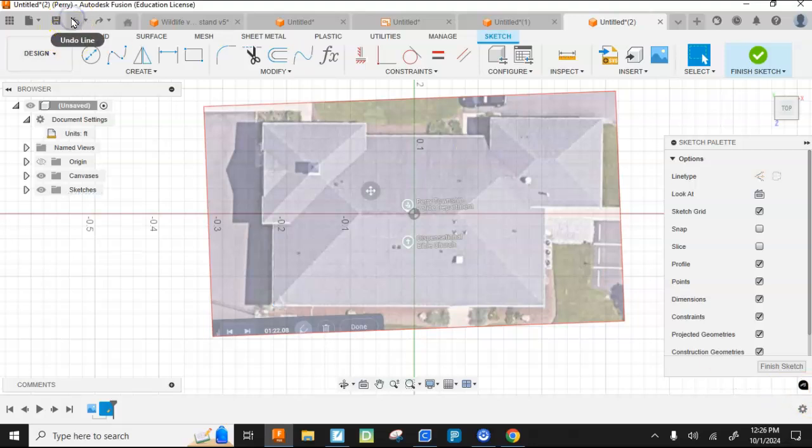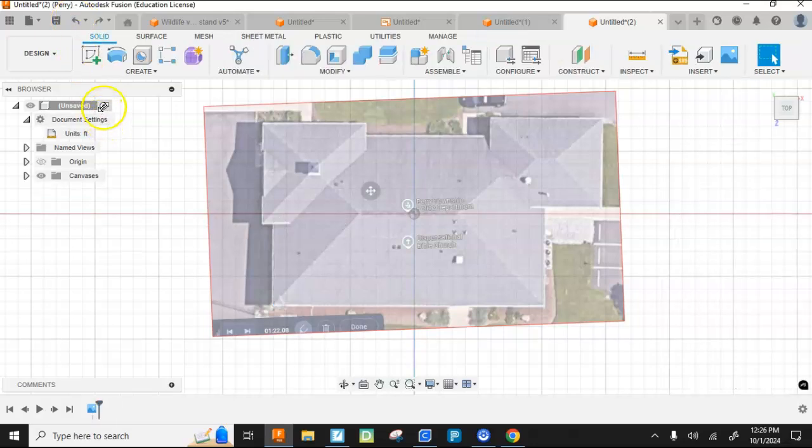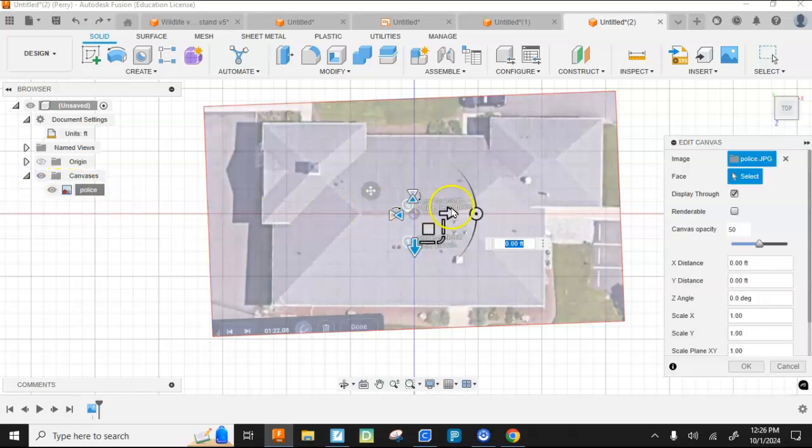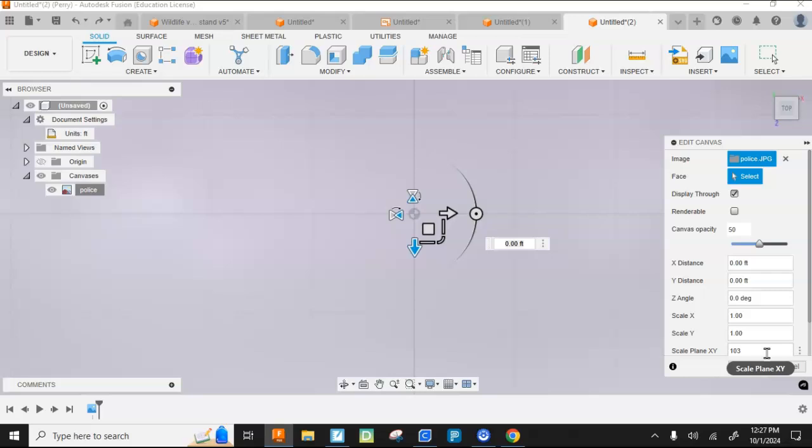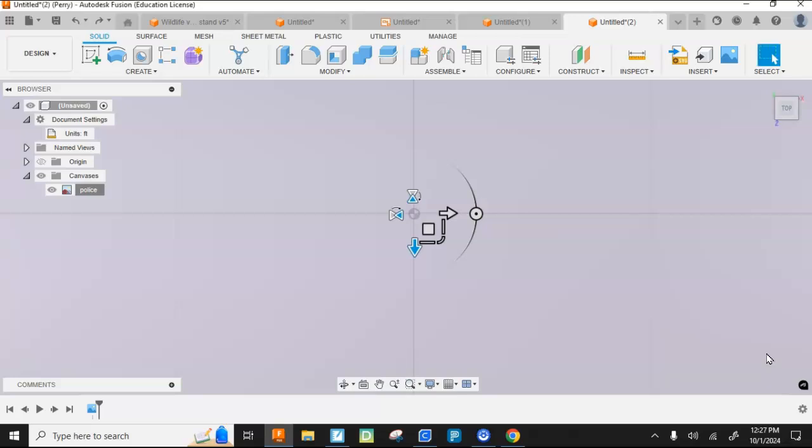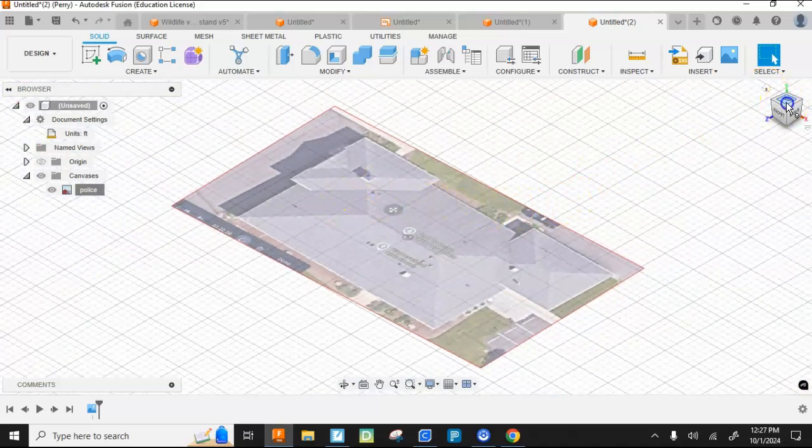So I'm now going to back up, remembering 0.425. I'm going to back up out of this sketch. I'm going to come over to the canvases. I'm going to right click and edit this canvas. Now, I'm going to scale it. Here where it says scale plane XY, I'm going to scale it to 103 divided by 0.425. And I'll hit enter. Then I'm going to go up to the home isometric view, back on here on the top,